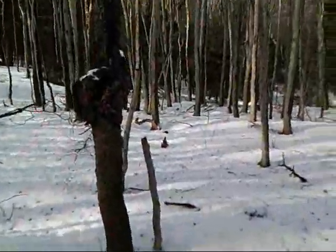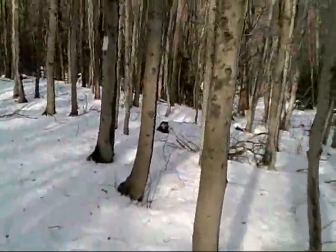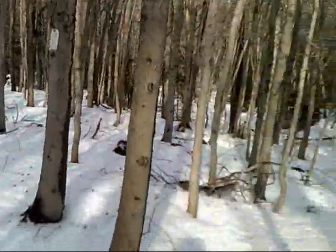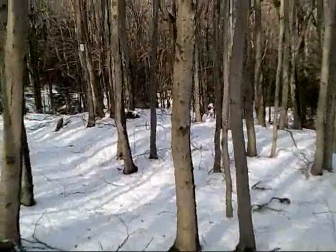So I bet the deer and animals love this, when the nuts are dropping. I think they drop in, I don't remember. I used to know. Anyway,